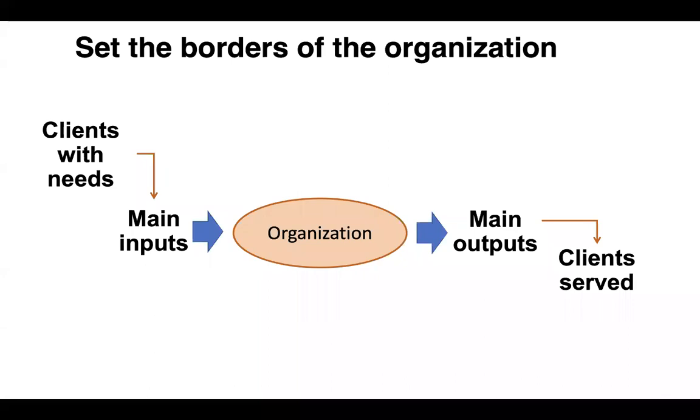Okay, so distinguish the different client states and identify all interactions, inputs and outputs between the organization and its clients. How do we get in contact with potential clients? How do we collect information to develop new products and services? How do we receive orders or requests for proposals? How do we deliver our products and services? Okay, let's zoom inside the black box, the organization, to see what happens between the main inputs and the main outputs.